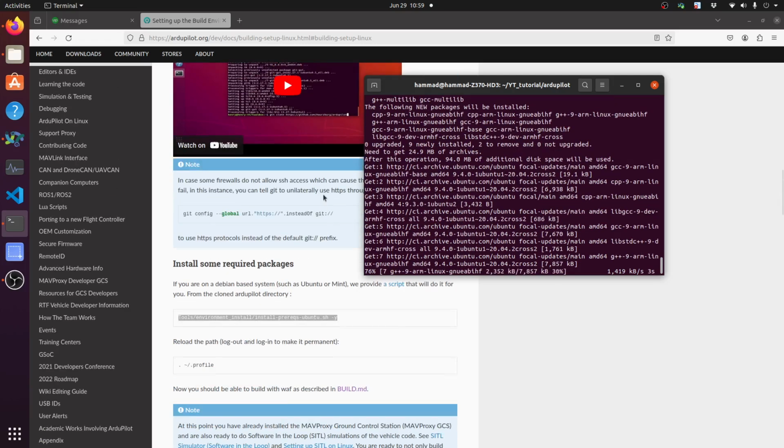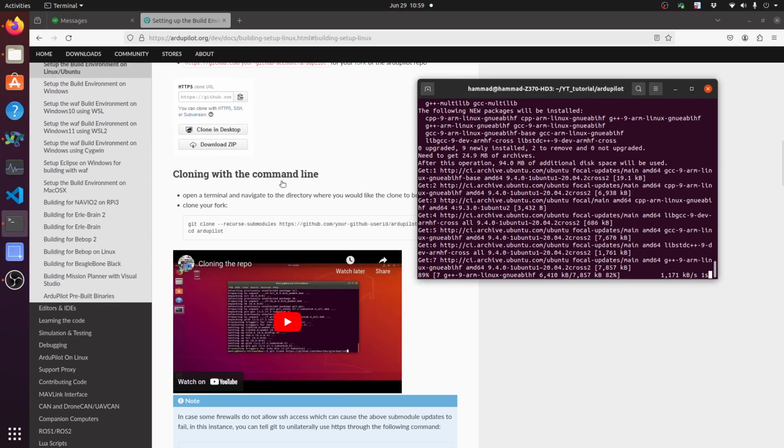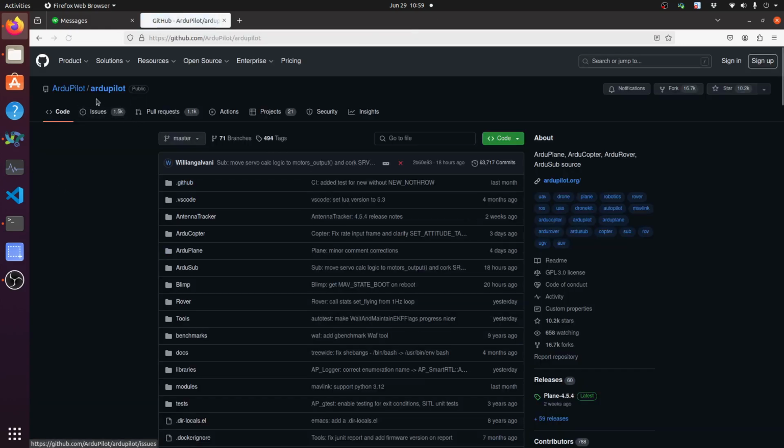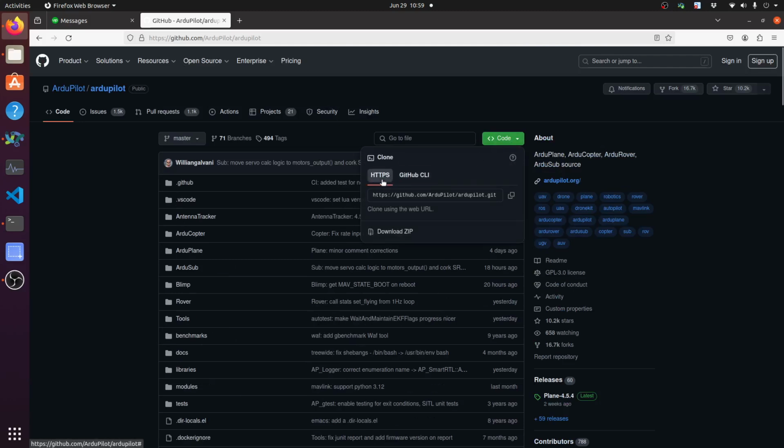Meanwhile, I want to tell you another thing: sometimes when we clone the autopilot repo, it gives some issues. So let me open the main autopilot GitHub page here. When we clone, we actually copy this HTTPS URL. But if you sign in to your GitHub, you will see an SSH option here as well.